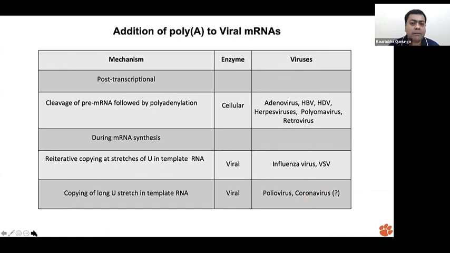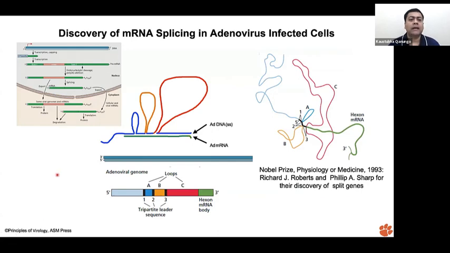All right, so after polyadenylation, the next process we are looking at is splicing, the famous splicing. So how it actually happened that this was discovered in adenovirus infected cells. You can easily see that cell biology or molecular biology actually stemmed out of this virology research. What the scientists saw when they isolated the mRNAs from the adenovirus infected